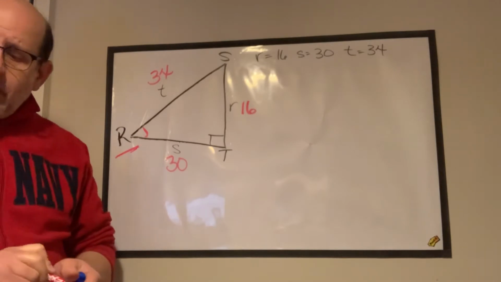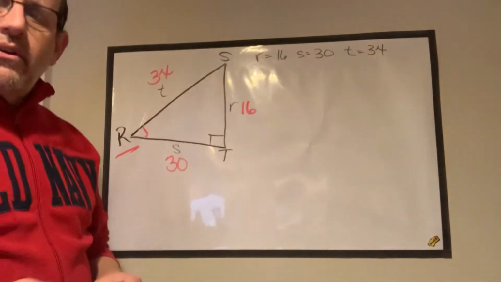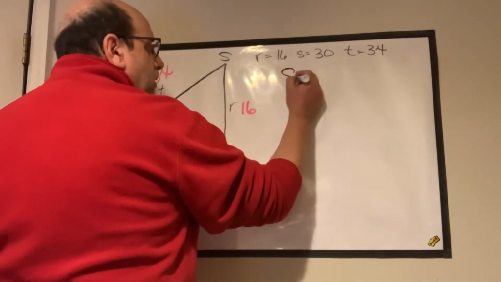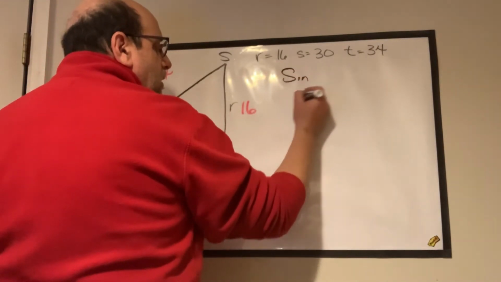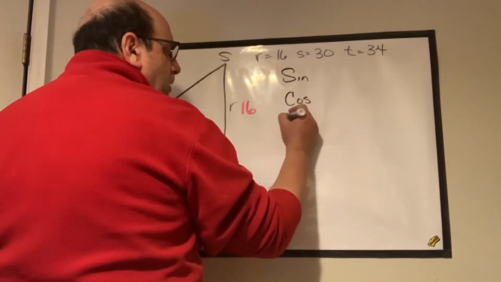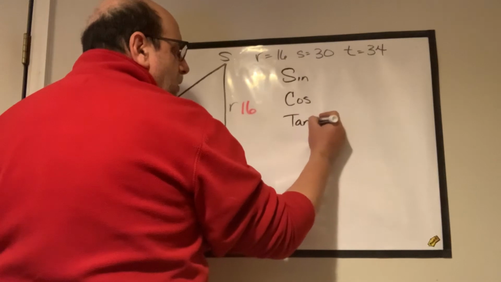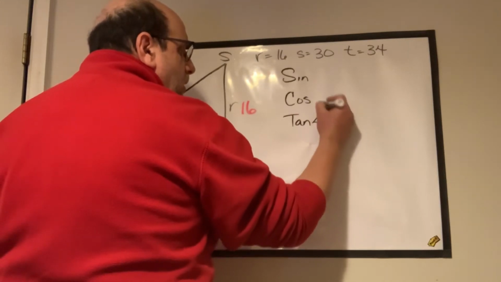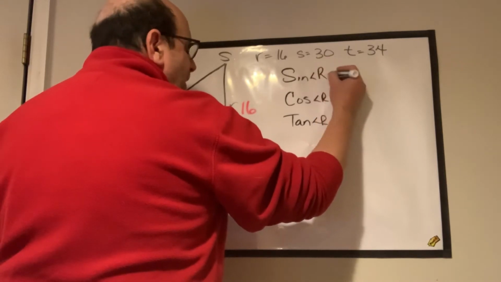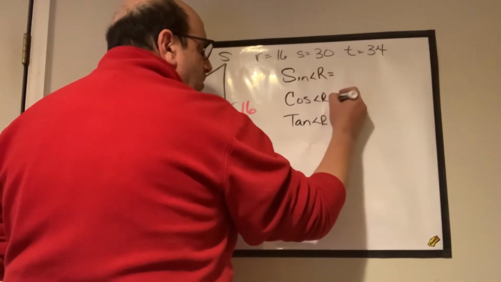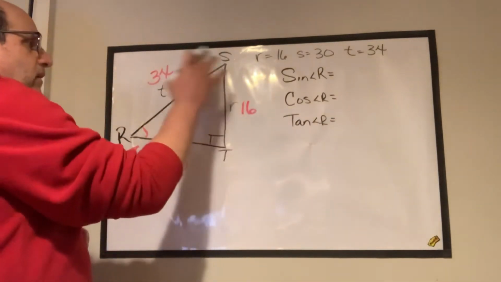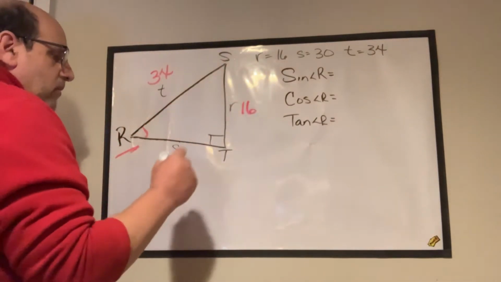I'm going to start writing down those trigonometric ratios, just like I did in the other video. Sine, cosine, tangent of angle R. It's not even asking you for any side lengths or anything. Right now, it's just asking you to compare these sides. And remember,